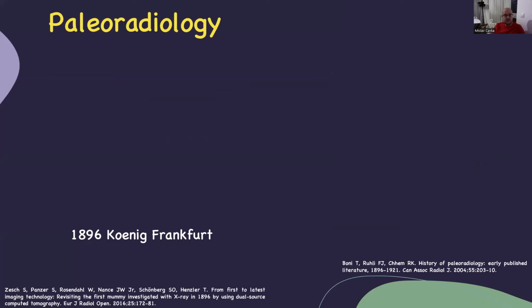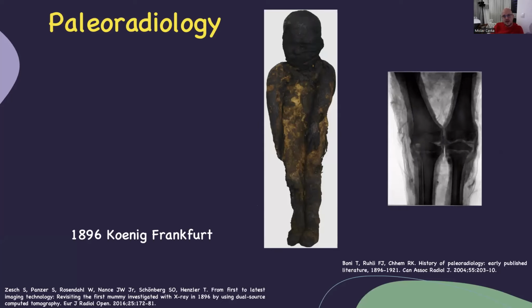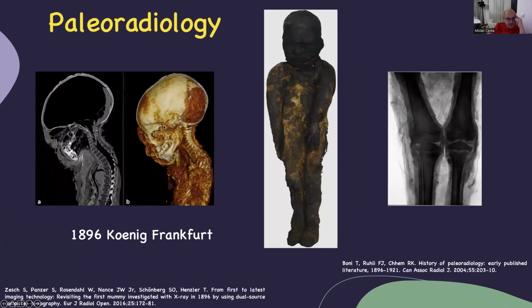To give you an overview of paleoradiology history, I'm sure you have all heard something about it. The discovery of X-rays was made in 1895 by Konrad Röntgen in Germany, and only 3 months afterwards in Germany it was used in scanning the mummies in the Museum of Frankfurt, with this child mummy. And these are the original X-ray images of the knees. And 120 years later, it was rescanned, and these are the images published 120 years later on the same mummy. So you can see